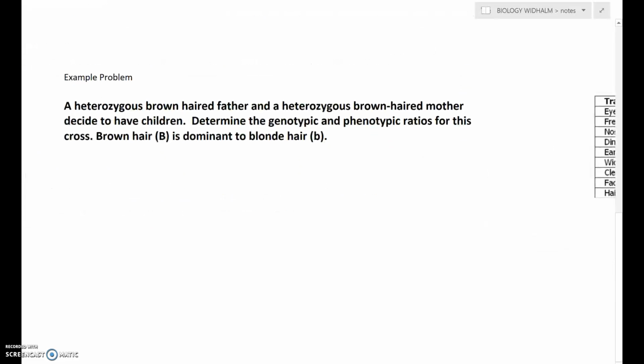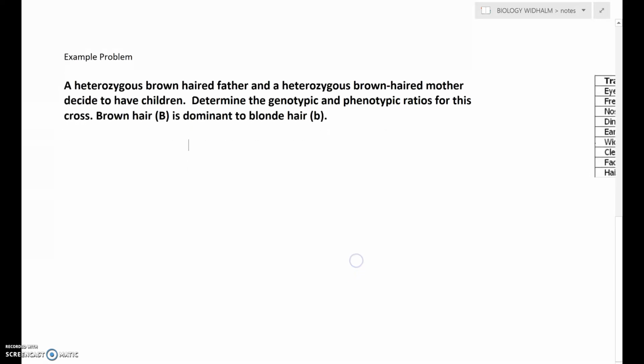So we have a heterozygous brown-haired father and a heterozygous brown-haired mother who decide to have children. Determine the genotypic and phenotypic ratios for this cross. Brown hair, capital B, is dominant to blonde hair, lowercase b. So the first thing you need to do for this problem is to determine the genotypes of the parents and